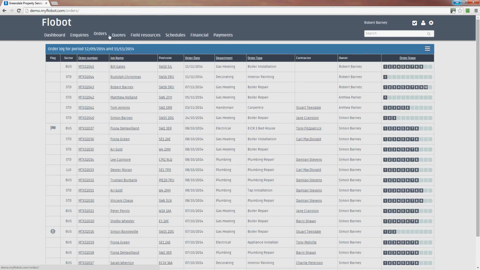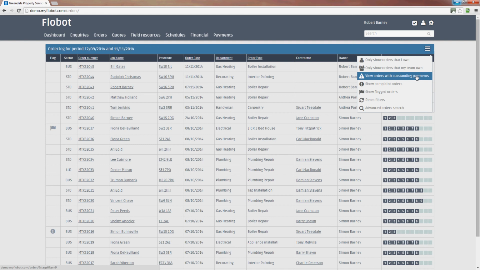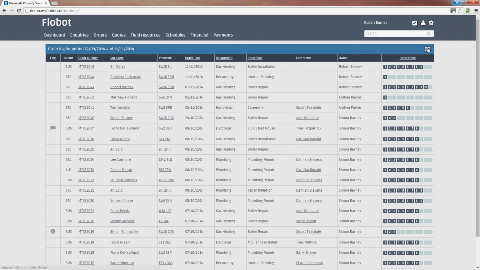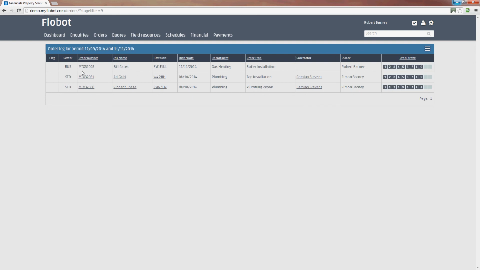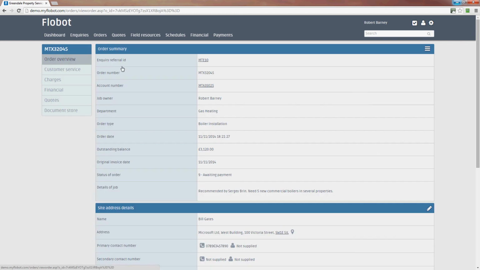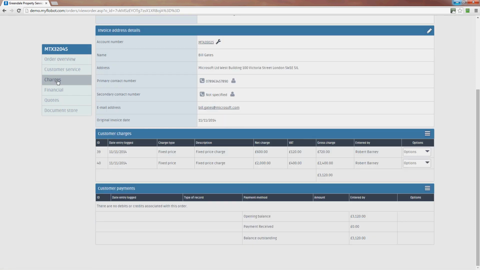Let's just show you here about those orders. Let's go to an order, and very quickly we can very easily see who owes us the money by just going down onto our little menu here, and there's one here. You can search for it in advanced orders, but this is quite useful. View orders with outstanding payments, so just click that, and you can now see that Bill Gates hasn't paid his invoice, Ari Gold and Vincent Chase. If we just go back to Bill and we go back to his charges again,